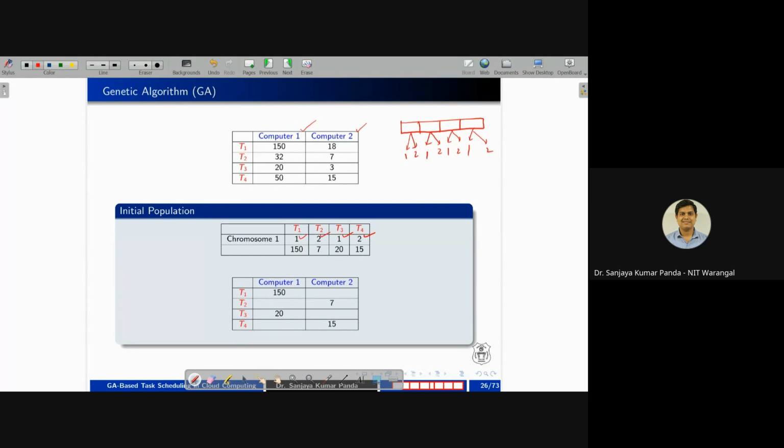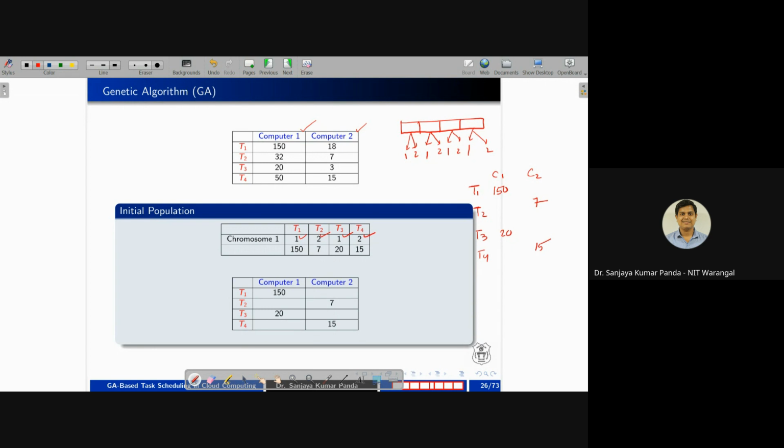That indicates that T1 is going to be assigned to C1, which will take 150 units of time. T2 is assigned to C2, which is going to take 7 units of time. T3 is assigned to C1, which is taking 20 units of time. T4 is assigned to C2, which is taking 15 units of time, right? I'm not writing the T1 C2 time because T1 is not assigned to C2 as per